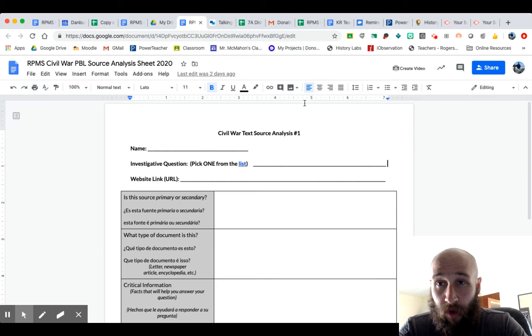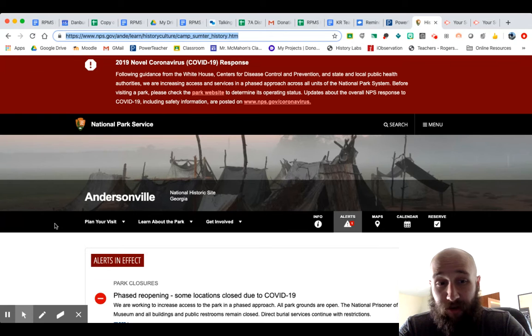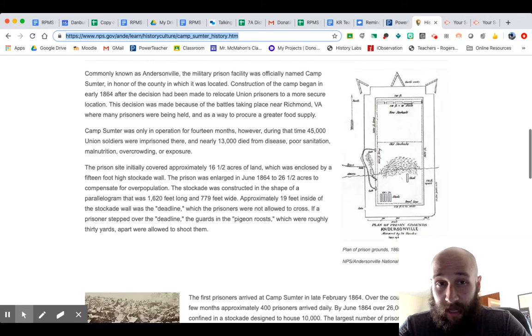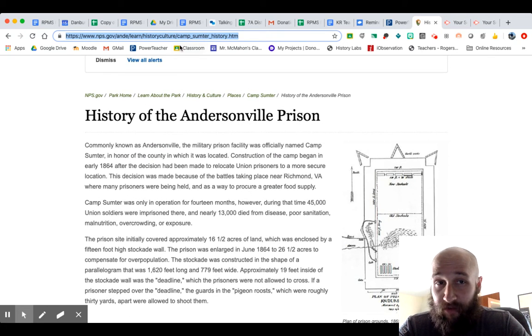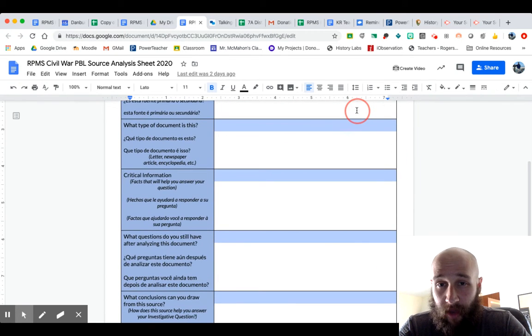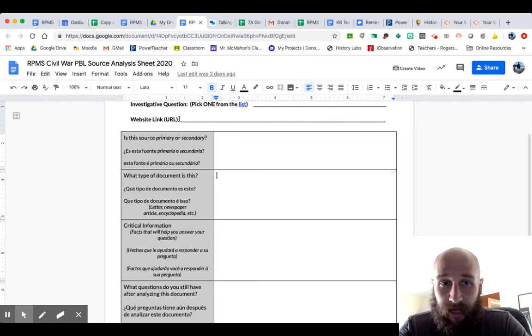Website link or URL. Most of you know that the URL is the website address. So when you go and type in, for example, Andersonville Prison Camp, and the first site that pops up on Google, right here, this right here is the URL. You're going to copy and paste that to where it says website URL. And now you're ready to research. This site is dedicated completely to the history of the Andersonville prison. And you're going to make sure you copy and paste that URL link, sorry about that, here where it says